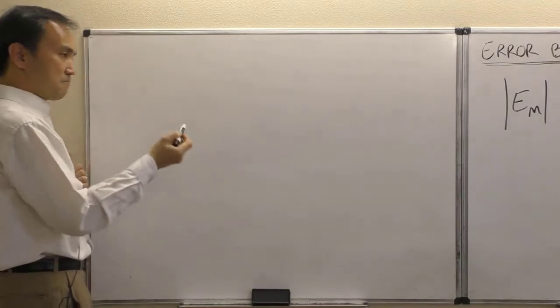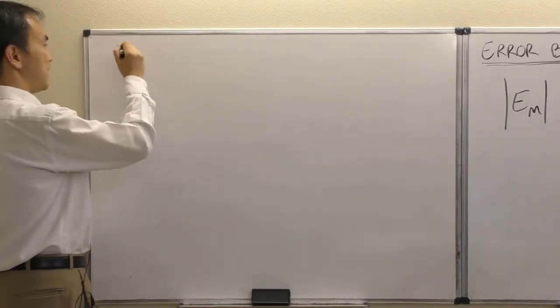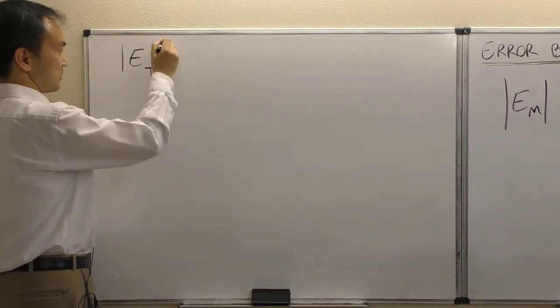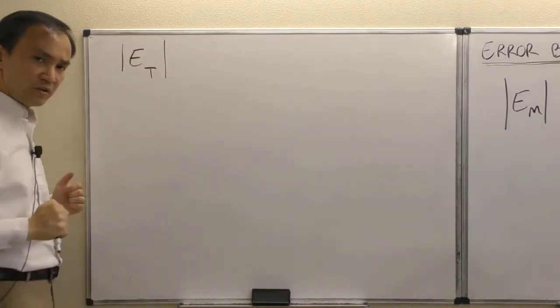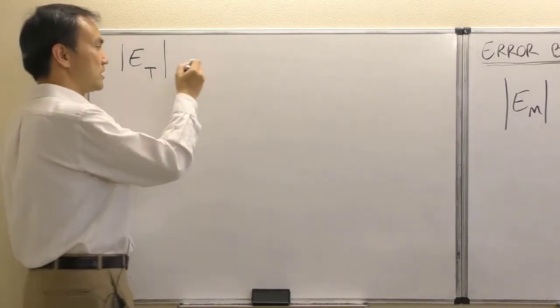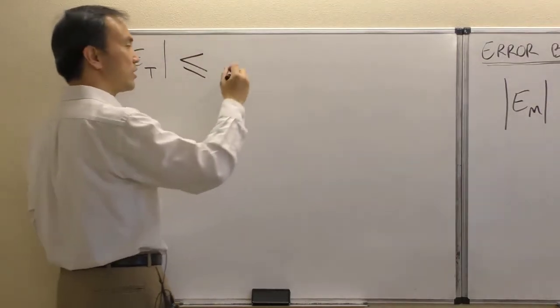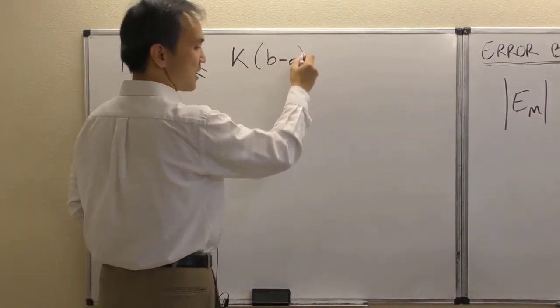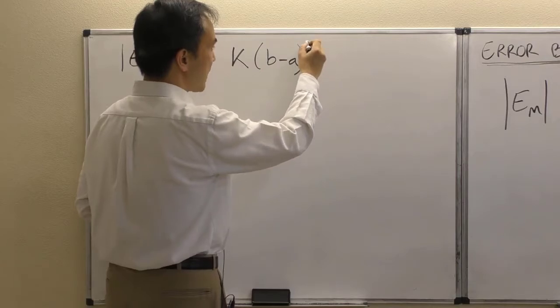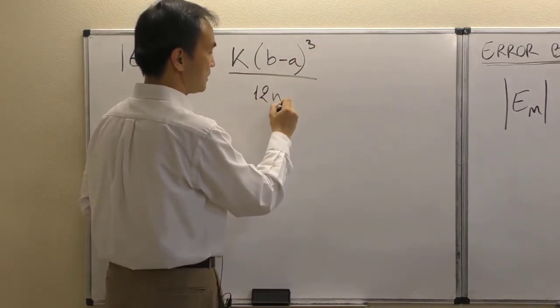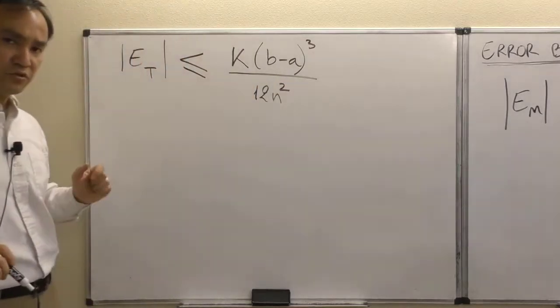All right, and so now as far as the error bound for the trapezoid rule, E_T in absolute value, the amount of error produced by the trapezoid method in absolute value, is proven to be less than or equal to K times the difference b minus a raised to the third power, divided by 12 n squared. Okay, so now